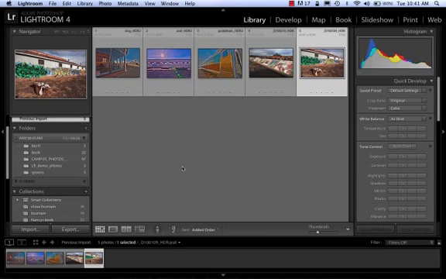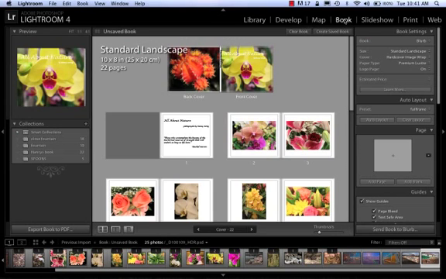It's not that easy to make a PDF in Lightroom. You could go to the book module, but I find that it's more work for our purposes. It's more work to try to use this to make a PDF. But as you can see here, if you were to make a book in Lightroom, you could export that book to a PDF. Or you could send it to Blurb, which is a company that will print the book for you. All right, well, we'll probably visit that before the end of the semester,